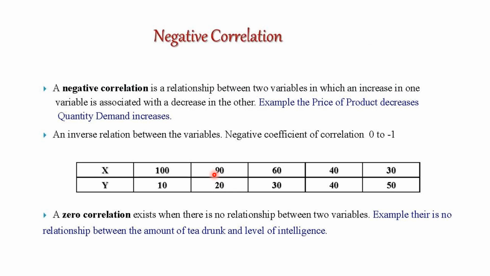If you look at the next example, this is an example of a negative correlation. In this, you can see as one variable x decreases, y increases. So that means there is an inverse relationship, and the likelihood is that the correlation coefficient would turn out to be between 0 and -1. So this is called a negative correlation. We sometimes also have what we call a zero correlation. In a zero correlation, what does this mean? That means there is no relationship amongst the variables.